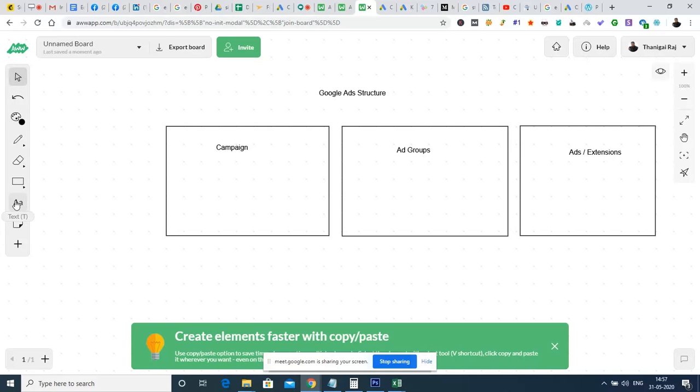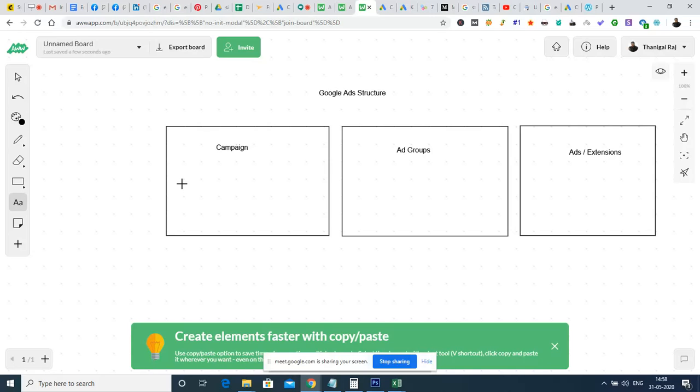Okay. So what are the things that we can include in a campaign, ad groups, and ads? Let me tell you all those factors. For example, if we are creating a search advertisement in Google, we will be creating all these elements. Even if it is one advertisement or 10 or 15 advertisements, we have to create all of them in this ad structure, right? So how do we create this ad structure? Suppose we are going to create only one search ad for Google, and for this one ad, how can we configure it?